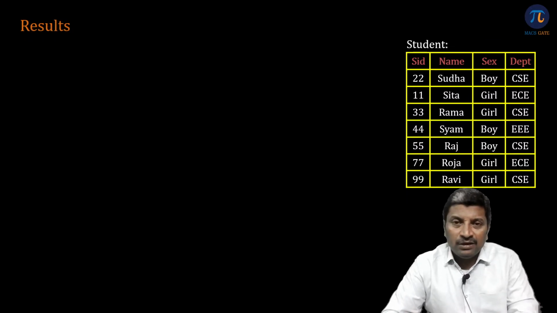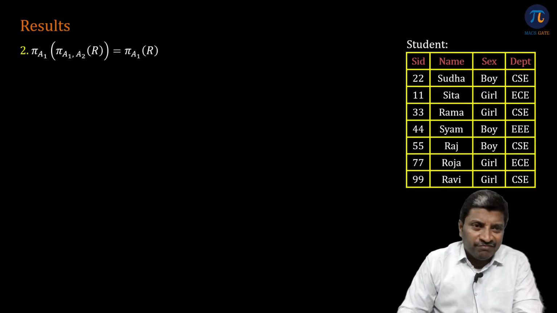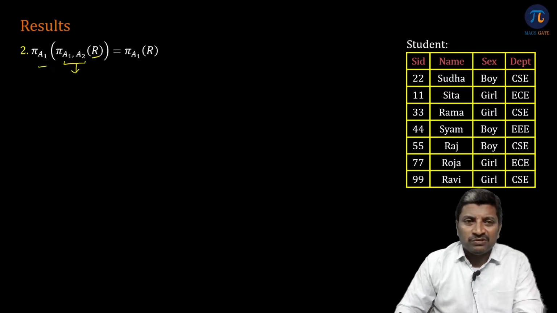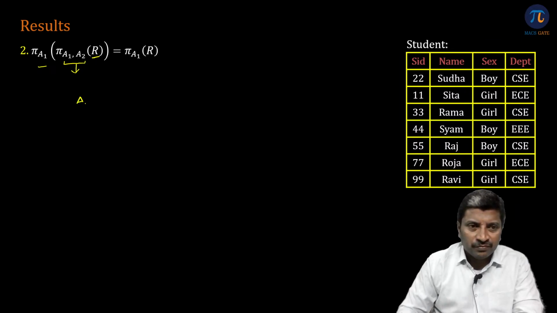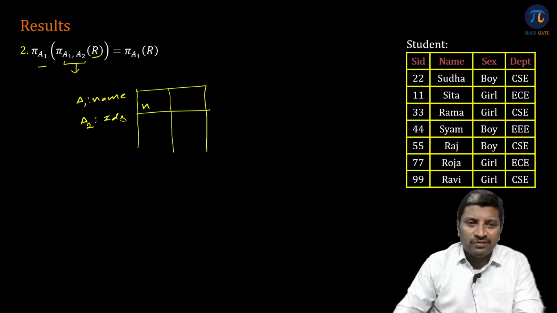Then let me give the result. Okay, what does it mean? Sir, from a relation, first you are selecting two attributes. From that result, you are selecting one attribute. What does it mean? Suppose from this, first I am selecting names, comma, IDs. Then what will happen, sir? In my result, I will get